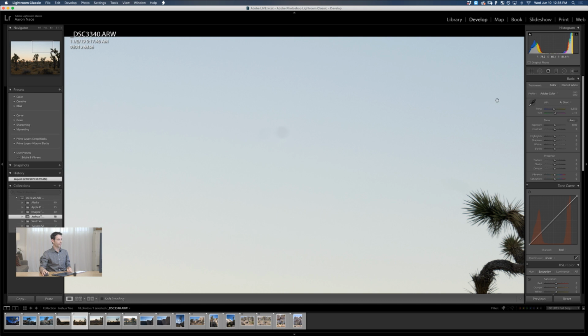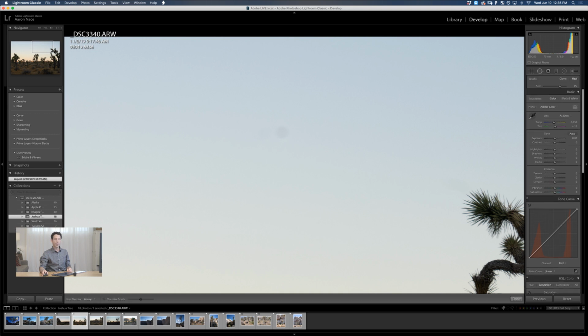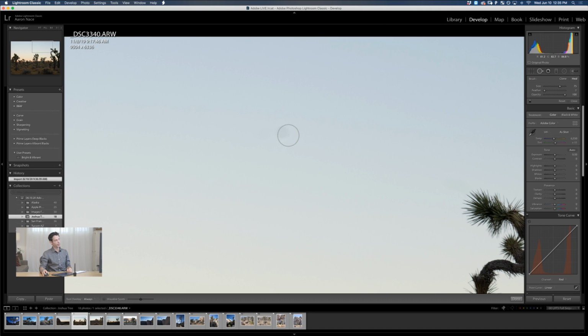There we are. So here on the very top right of your develop module, you're going to see the spot removal tool, and you can also hit Q on your keyboard to get to your spot removal tool. Now, this is super, super easy. You can use your open and close bracket to change the size of your brush, and simply